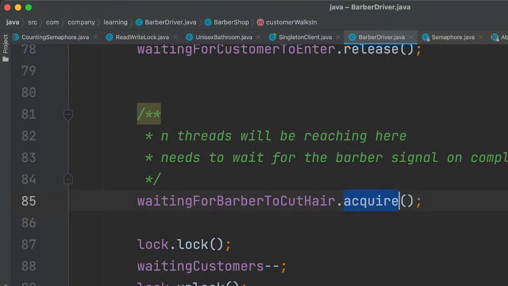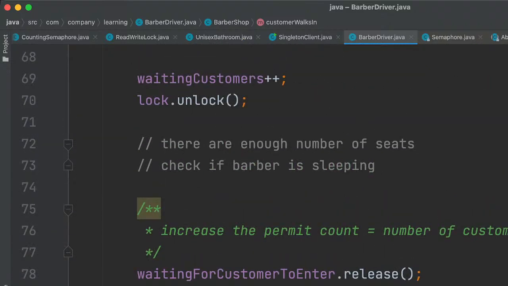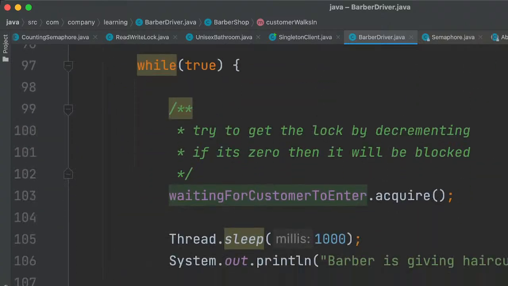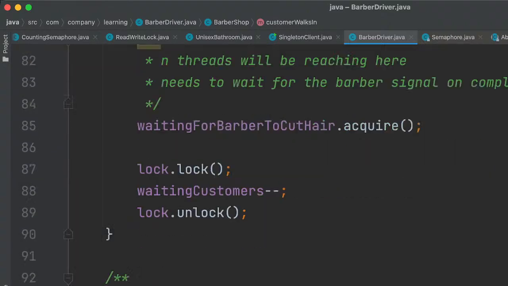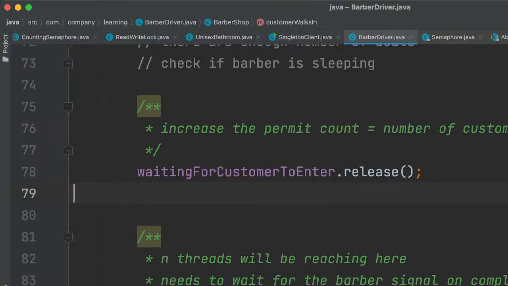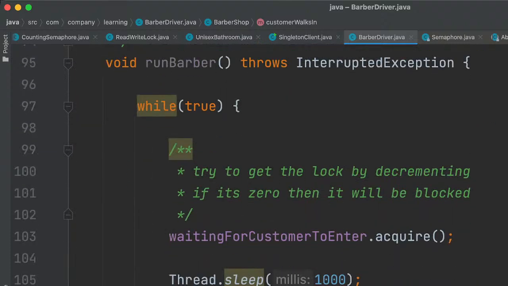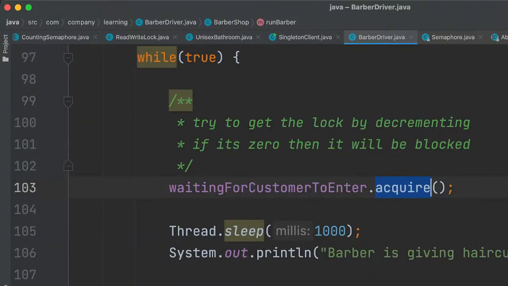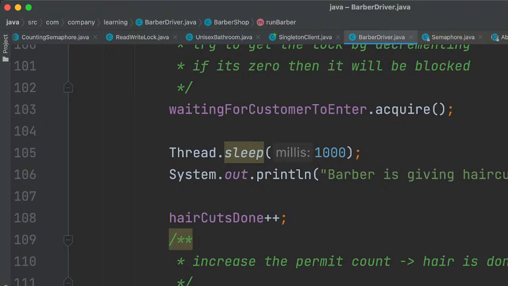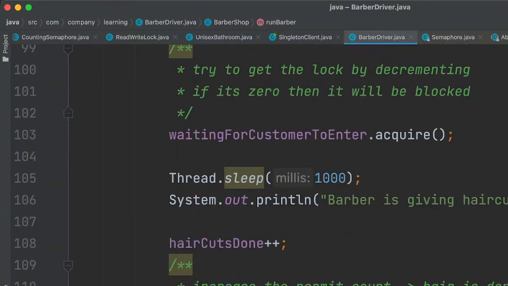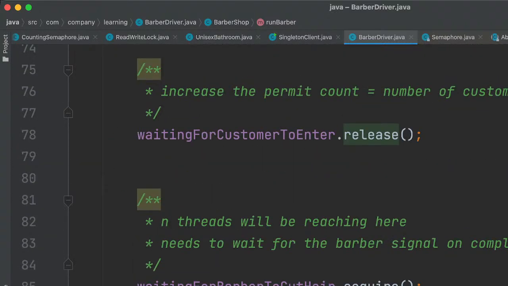And the thing I was concerned about is that release will be increasing the number of customers, and the acquire will also try to decrease the count. Suppose this value becomes 1 and there is a thread switch here, the value will be -n.